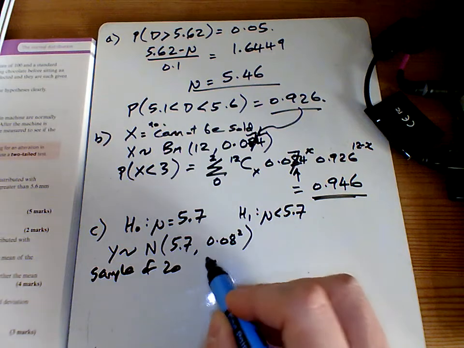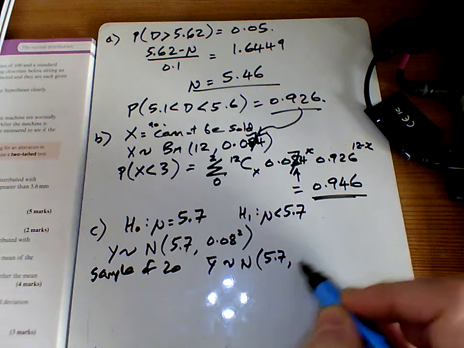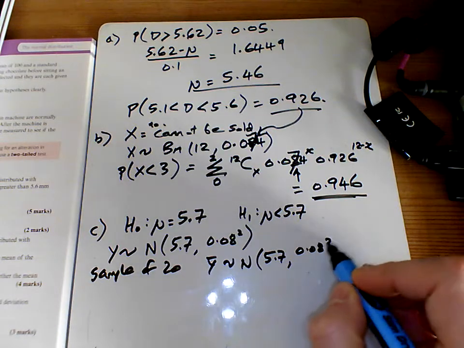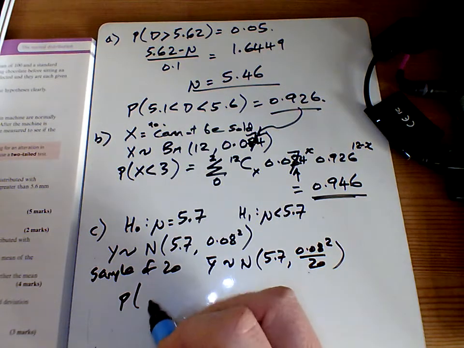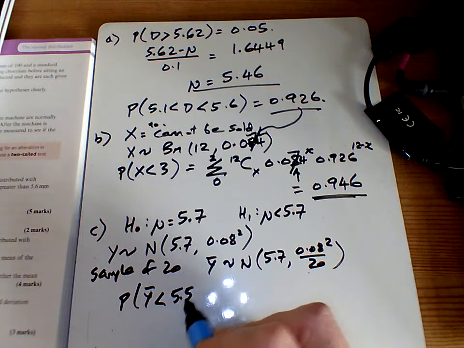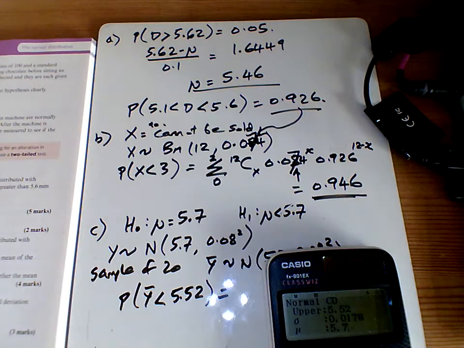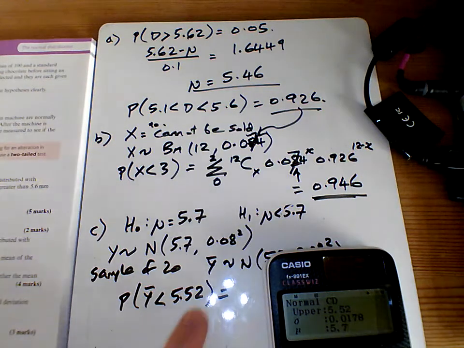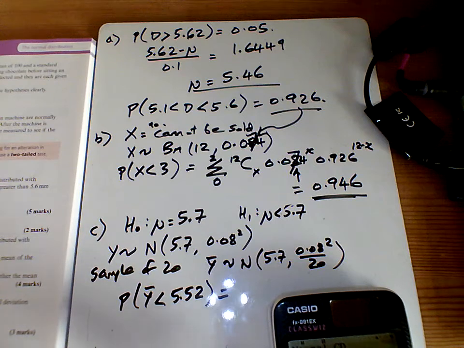And so the mean of the 20 of them will be 5.7, and the variance will be 20 times smaller. And we want to know the probability that Y is less than, what do we get? 5.52. Let's grab the calculator for that. So I put lower minus loads, upper 5.52, standard deviation, being careful here, 0.08 divided by root 20, and the mean of 5.7, and